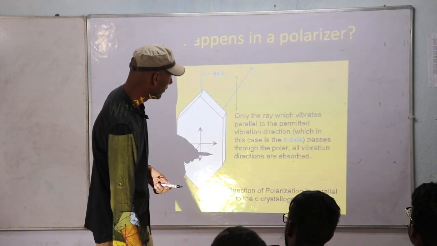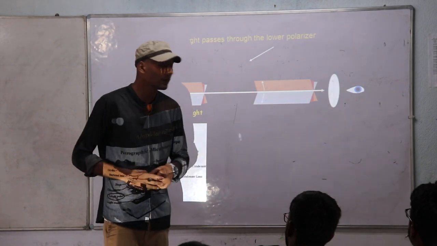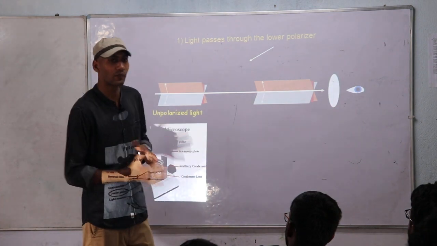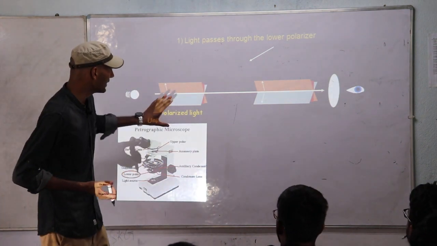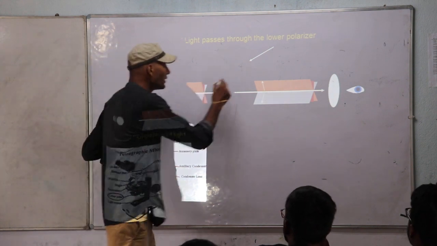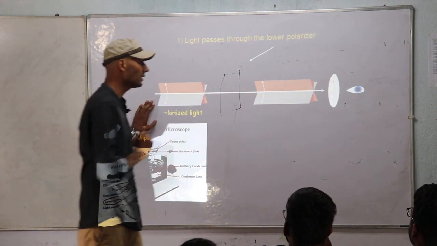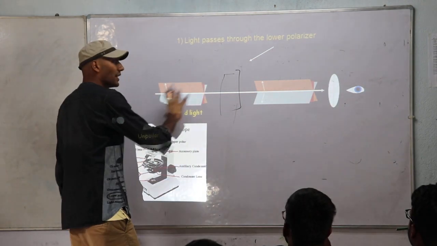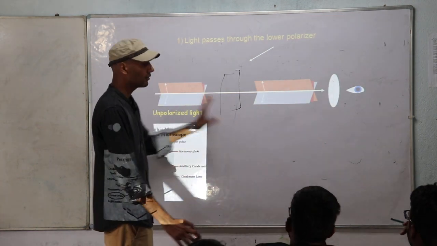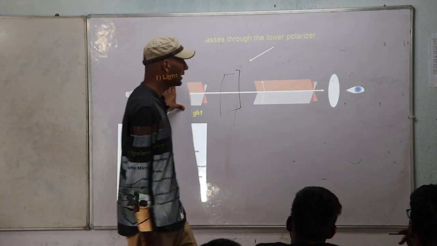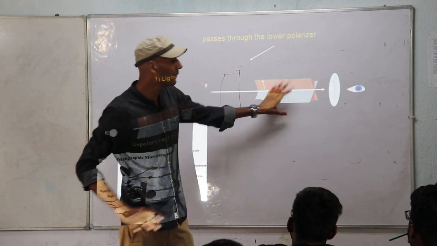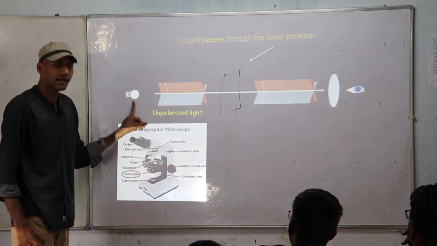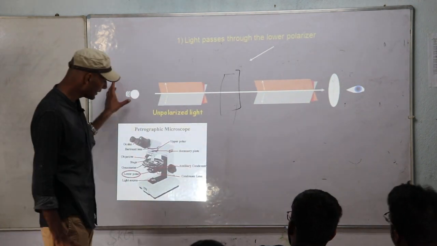Now talking about the phenomena occurring in an optical microscope. We are going to study optical mineralogy, which means before that we should know what happens in the microscope. So see here, if there is an unpolarized light ray, here is the stage, right? Nothing is there, no polarizer, no analyzer. What happens? The light ray passes through the stage, there is no mineral. So the unpolarized light ray we can see as unpolarized. It is vibrating in many directions, so we can see white light. Okay, we are providing white light from the source below.